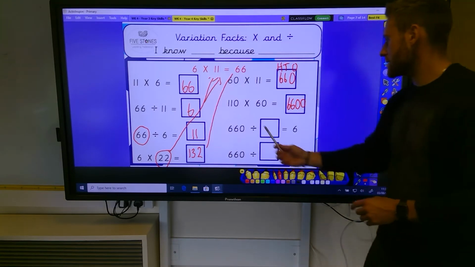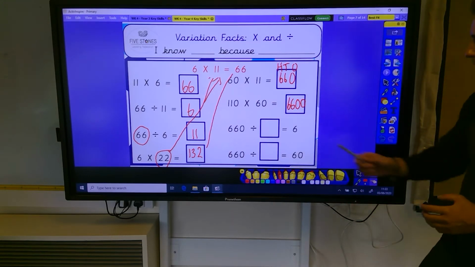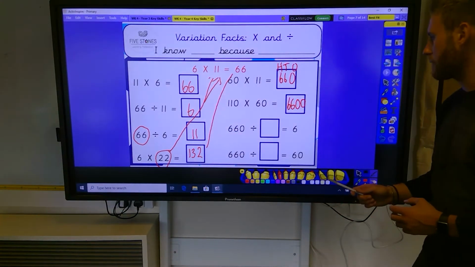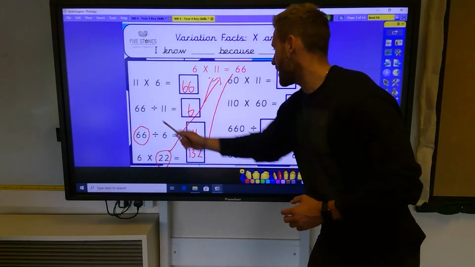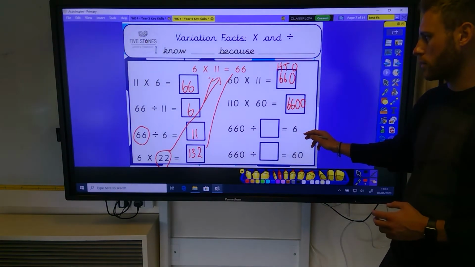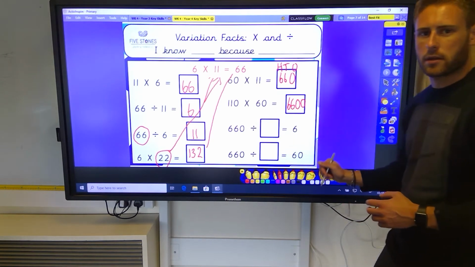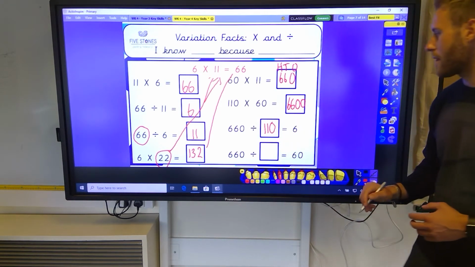So we've got 660 divided by 11. Let's have a little look at this. 660 divided by 11. What do we think has changed? Yes, this is 10 times more, but the answer has stayed the same. Okay, so what's going to happen to this? We're going to have to divide that by